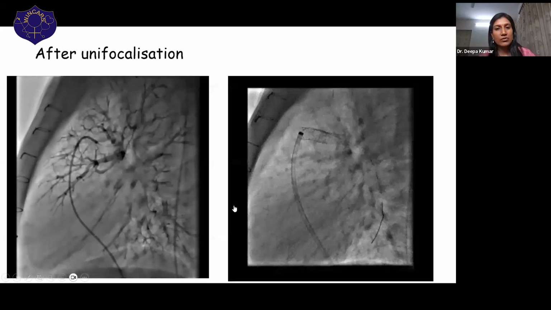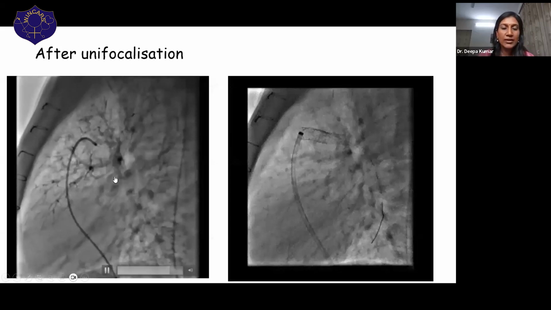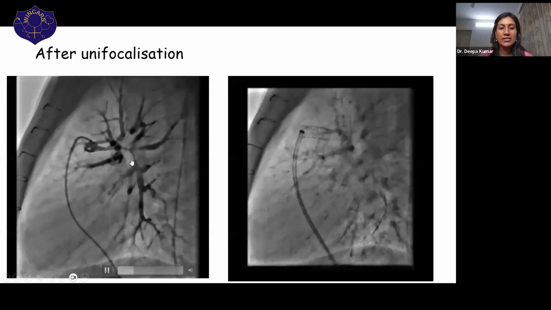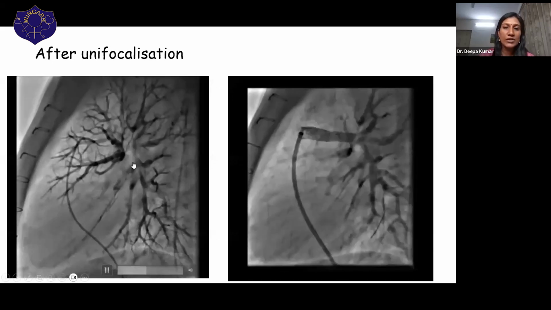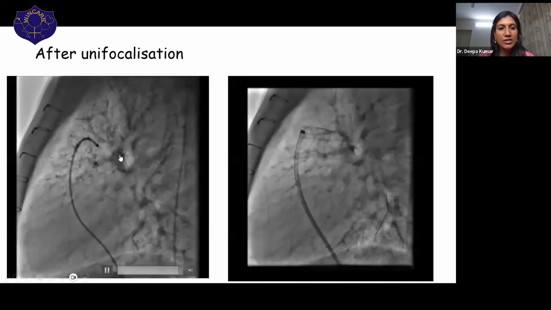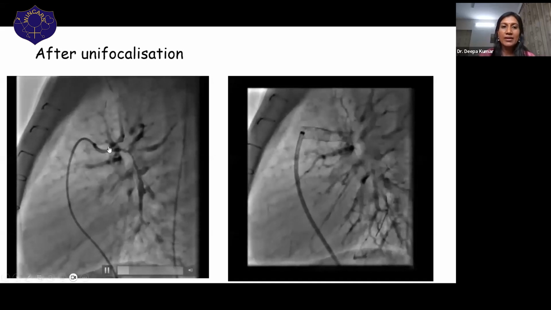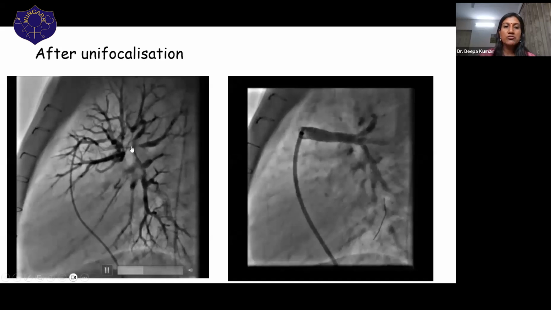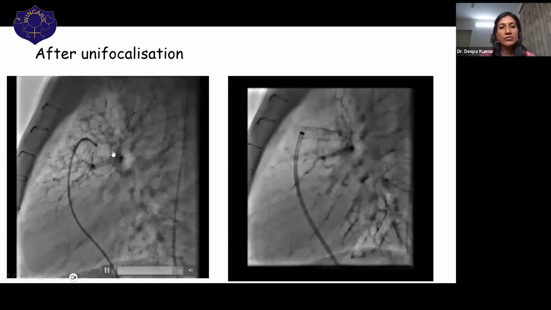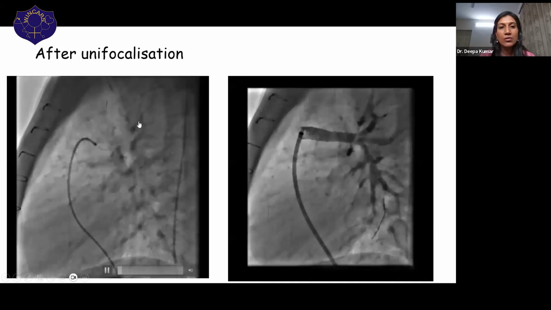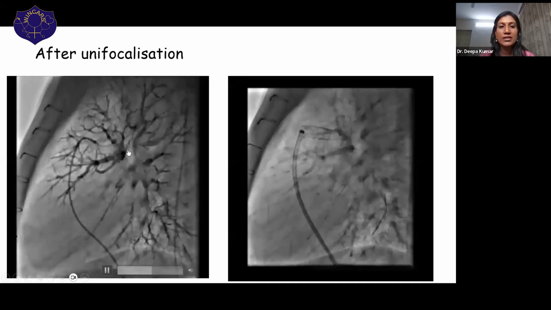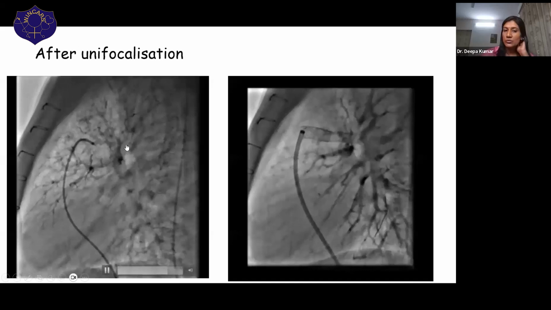This is a what view? This is a lateral view, and this is a child who has undergone unifocalization. And unifocalization means we have connected the MAPCAs to the branch pulmonary artery and completed the intracardiac repair. So after unifocalization, most times we have to go in and deal with all the MAPCAs that have become stenotic, where you have tried to join them to the native pulmonary arteries. So the view is,